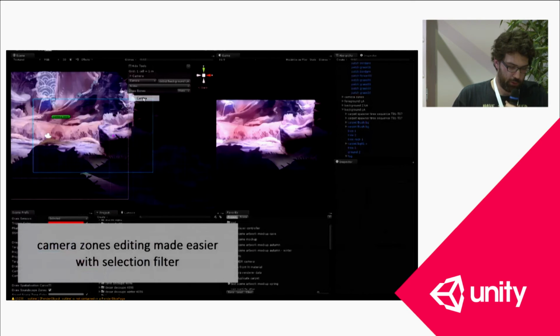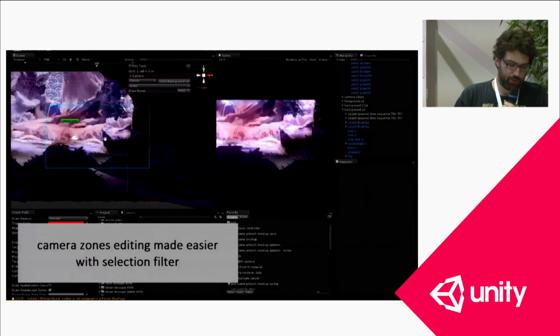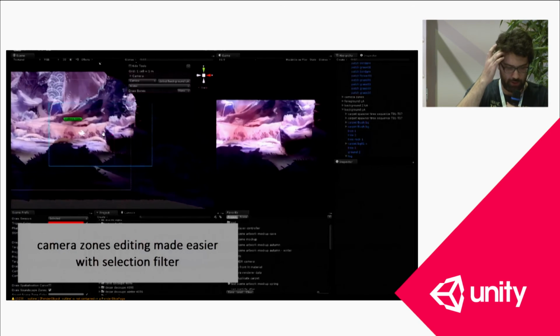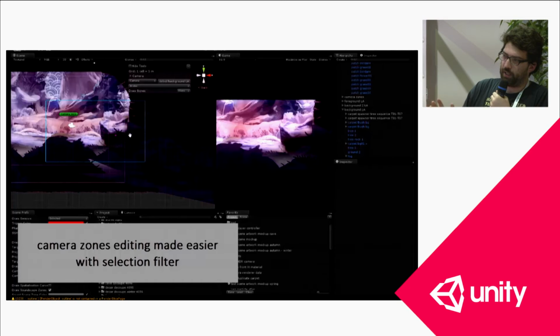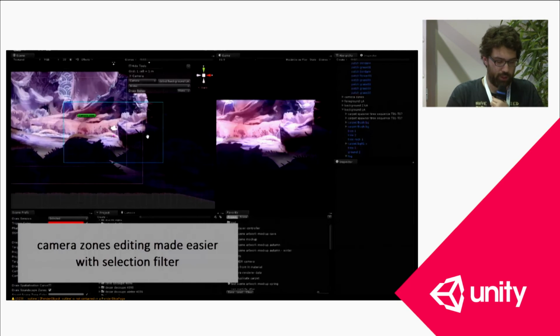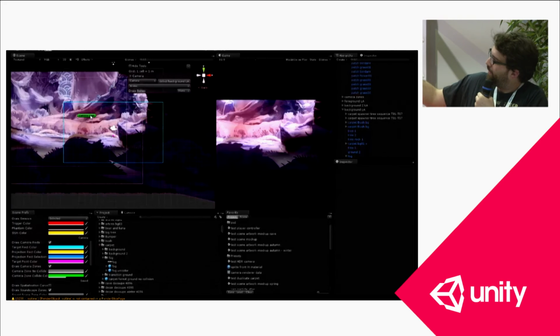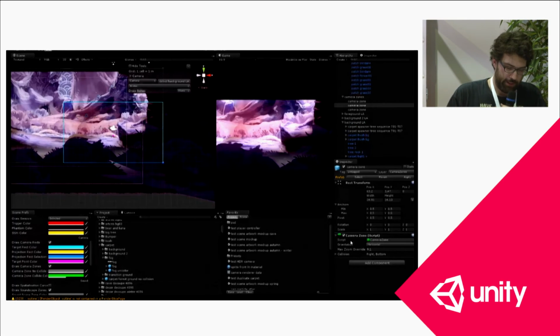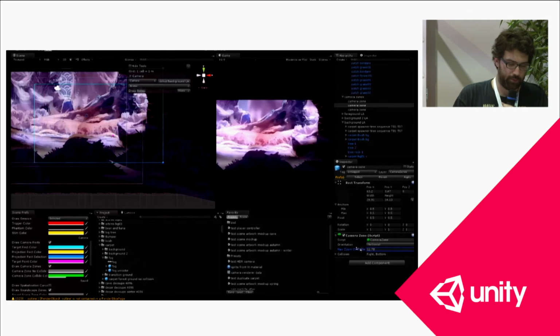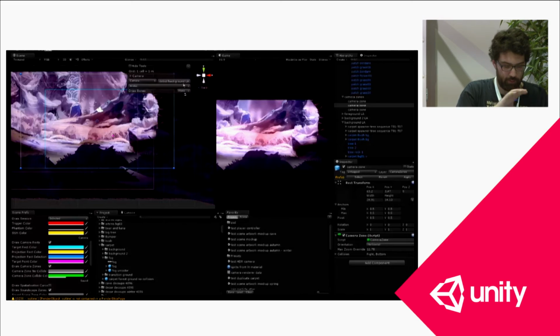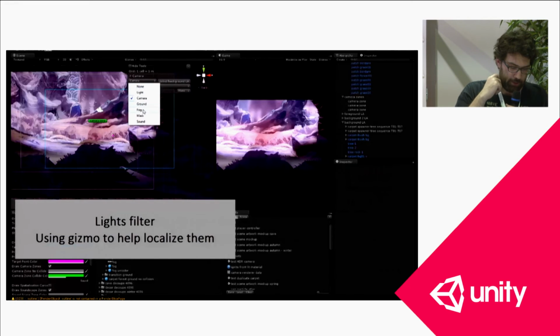Another interesting tool is the camera filter. So we have some camera zone in the game, and the artist can have the camera constraints working in edit time. So in the scene view, the camera is trying to get farther, and we saw that it's not moving on the game view because there is a constraint on it. And we can choose some zoom factor, and the camera will adapt. So it's very useful to make some cinematic effects and stuff like that. And there is a lot of other